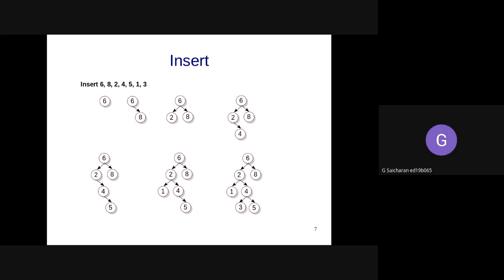I'm not sure if there's a particular benefit of doing it that way, but I thought if we insert it in that fashion, it would remain a binary search tree. Okay. So Sai Charan is saying that if you had inserted, let's say 2, and then we insert 3, which goes to the right child of 2, and then we insert 4, which goes to the right child of 3. In fact, after that, if you insert 5, that can also be a right child of 4. Right? So it's a right chain of 2, 3, 4, 5, which becomes a left subtree of, let's say, 6. Is that a binary search tree?